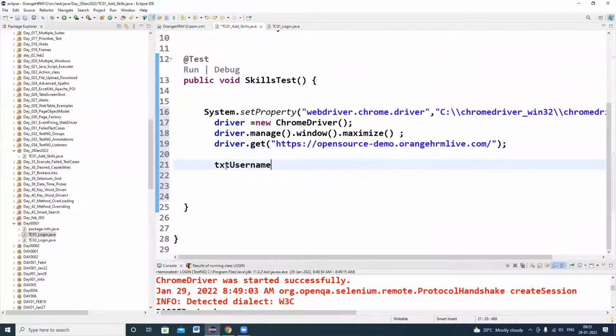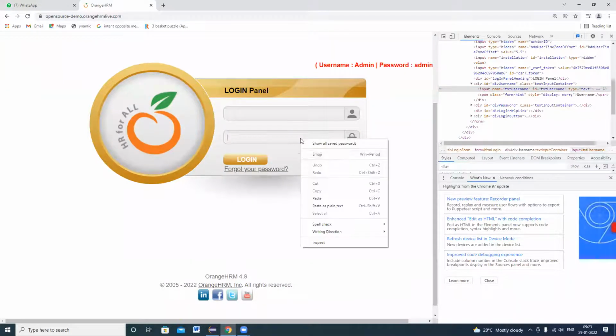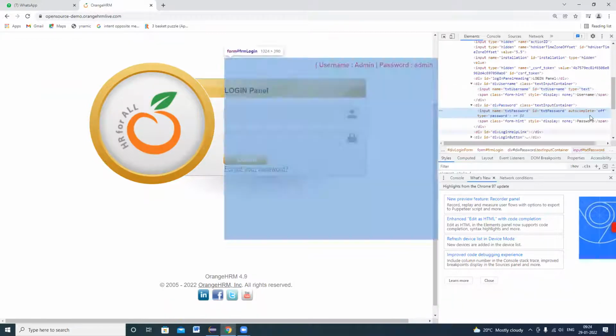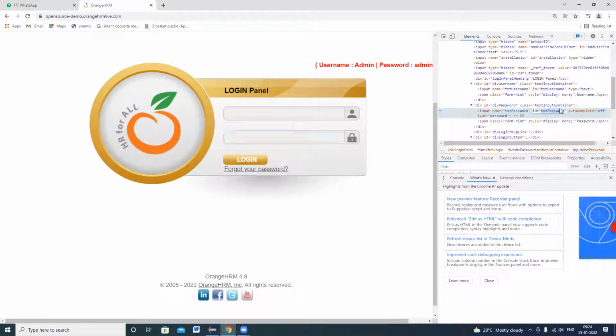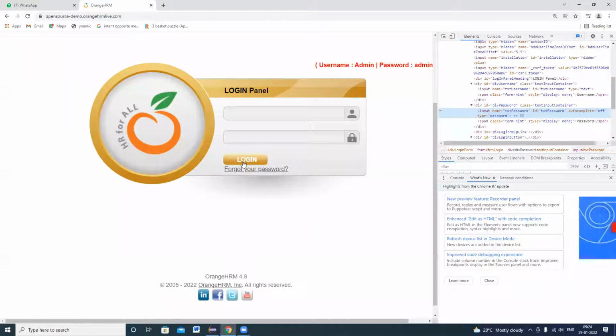Like that only, you also started, right, everyone? And after that, I have to take the password web element ID, and after that, the login button.